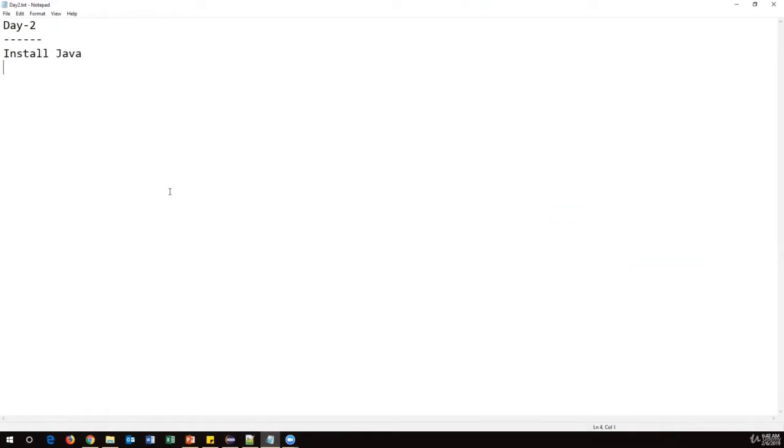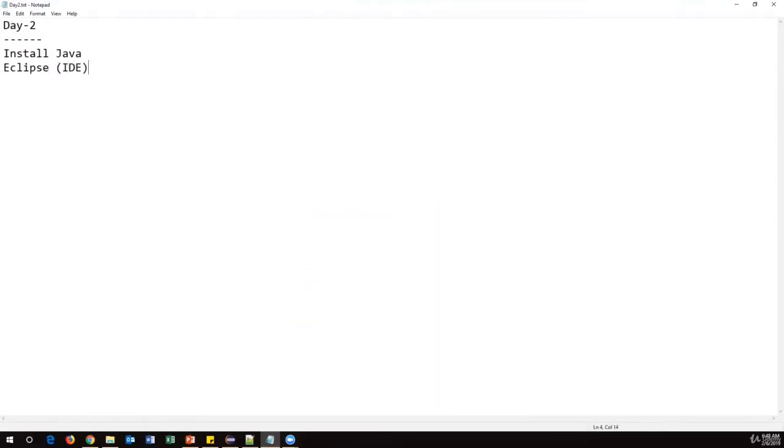Normally Java programs can be written in Notepad or TextPad, or any other IDE, but they are not very comfortable because we are going to write complex automation code. If I use normal Notepad or TextPad, it's not comfortable for us. So we need a specific kind of editor where we can start writing our Java code. Eclipse is a very popular editor. It's called an IDE, Integrated Development Environment.